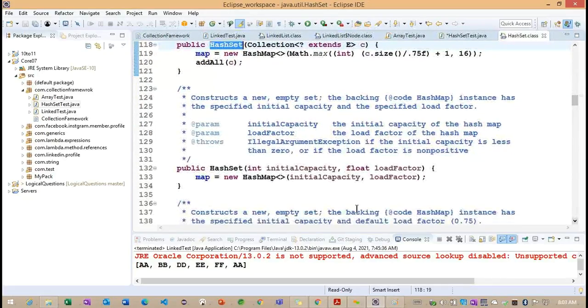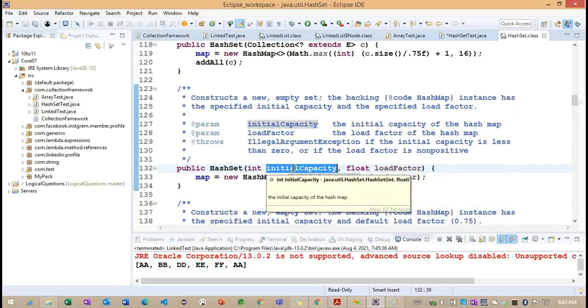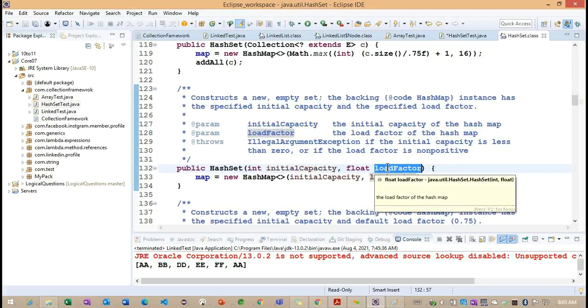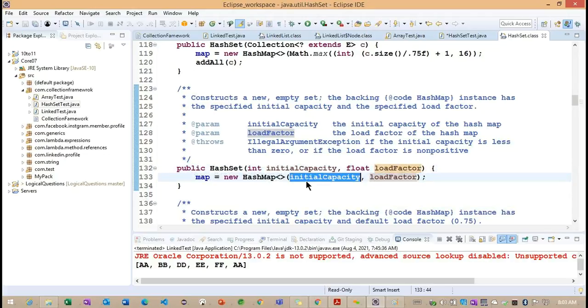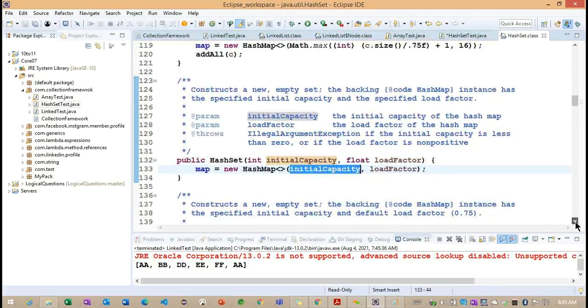Now the third constructor we need to see: initial capacity and load factor. What capacity do we want to give? By default we have 16, and if we want to override the default capacity, what can we do? We can go for this initial capacity and load factor. This is the third constructor.